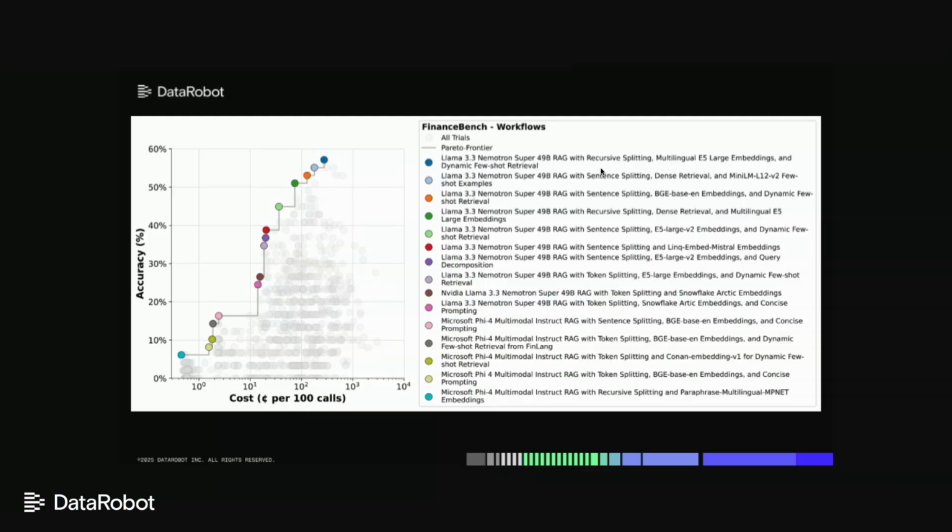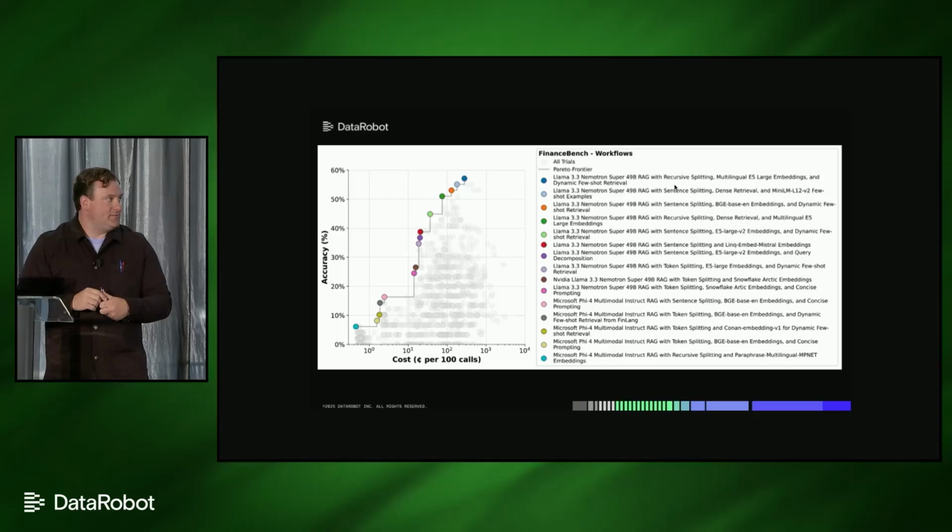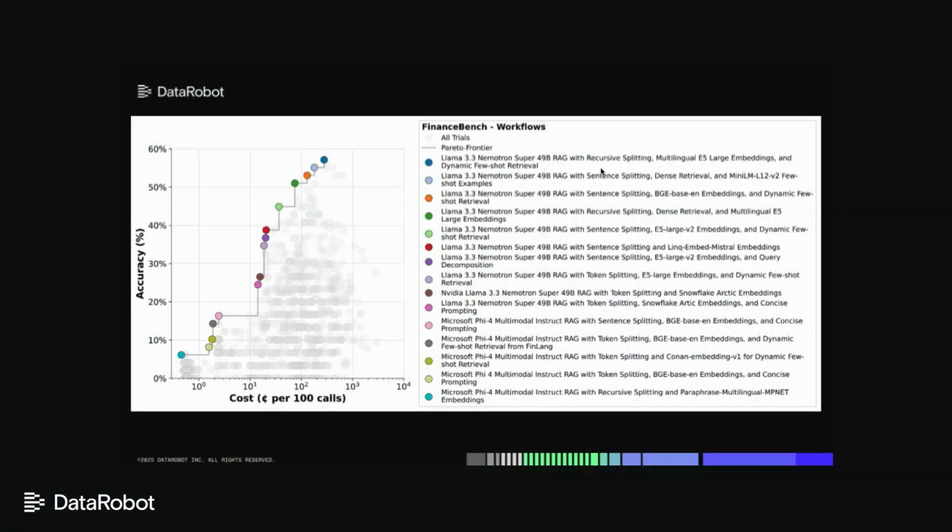And what you can see here on this chart is as we test it, Nematron really sets the standard for balancing accuracy and latency across all the architectures that we test. I do want to maybe take a pause and really emphasize this, because this is not the same as just picking 3 different combinations and testing them side by side, which is what is technically humanly possible. But this is really taking a data-driven approach and trying thousands of permutations and combinations, again, based on your criteria of cost, latency, and performance.